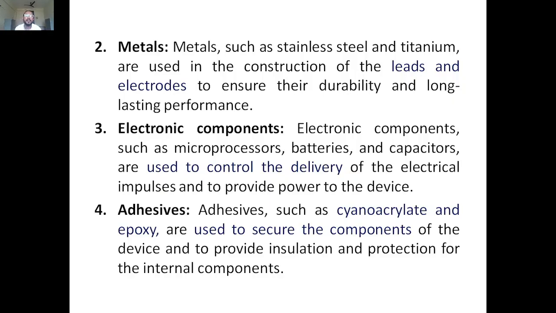Next, adhesives. Adhesives are used, for example, for the attachment of wire to lead to the electrode, or from the electronic components, that is the generator, to the leads. All these things need adhesives. These adhesives, such as cyanoacrylate as well as epoxy, again come under a polymer kind of structure. So these are used to secure the components of the devices, and also to provide insulation and protection of